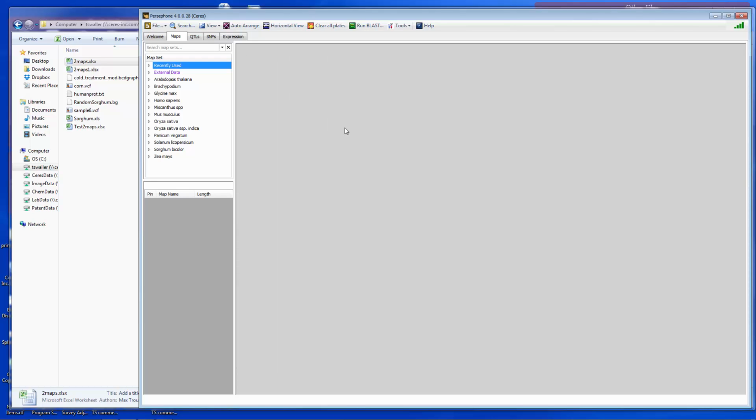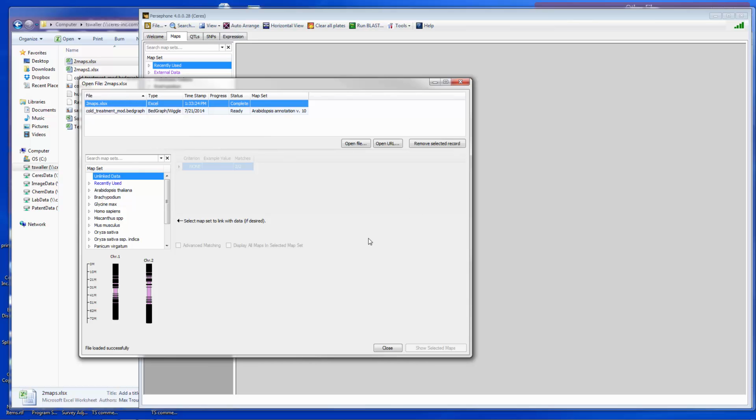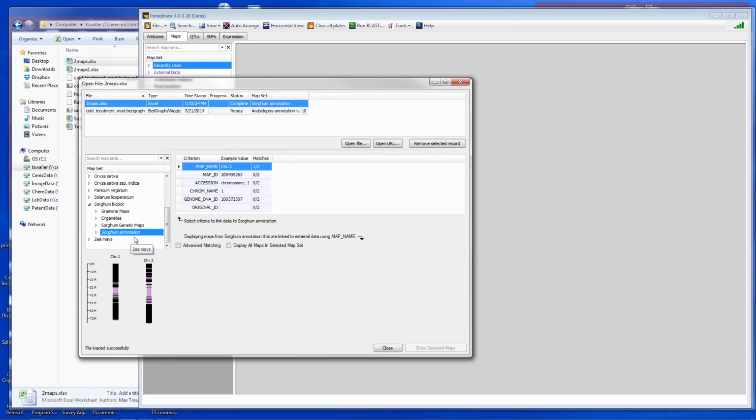Ideally, you would probably like to load these associated with the data that's already in the system. So now what you can do is you can associate this data. For example, I know that this data was sorghum related. So now I can say I want this data mapped onto the sorghum genome, and the software behind the scenes will find the match. So it looked into the Excel file, saw that the map was chromosome 1, matched it to chromosome 1 in sorghum within the database,